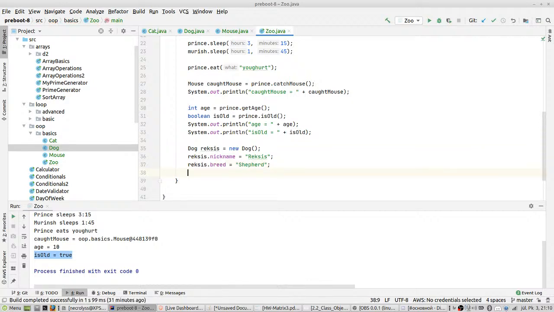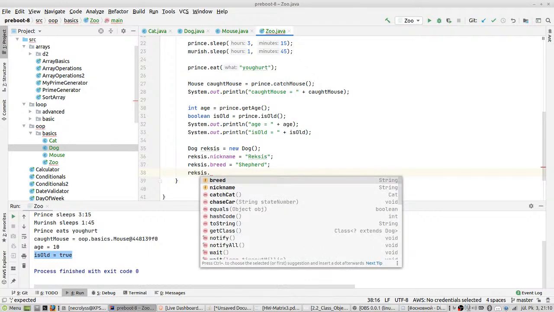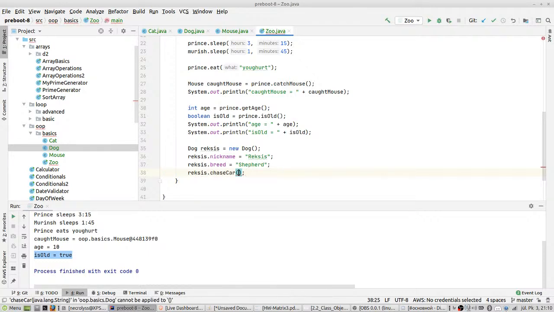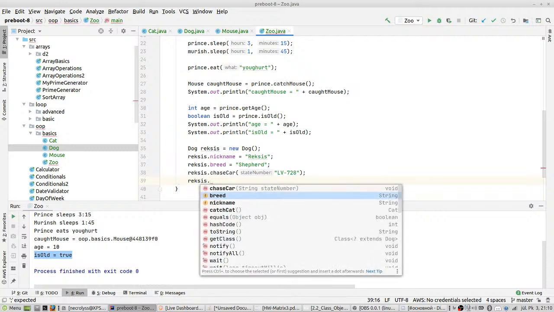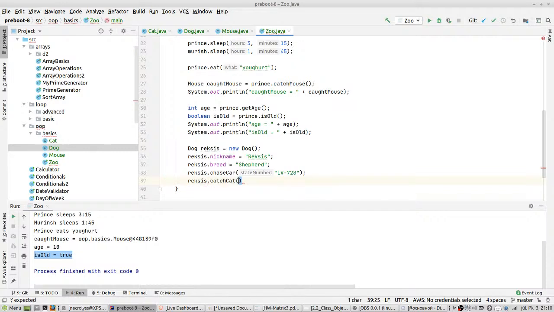And now our dog is completely initialized, so it has a name and it has a breed, and now we can ask our dog to perform something. So let him chase a car and let him catch some cat. Okay, so